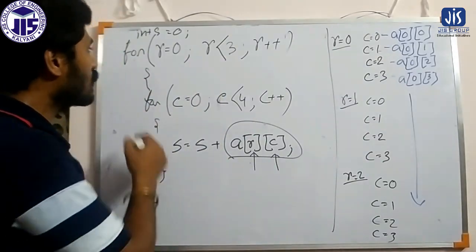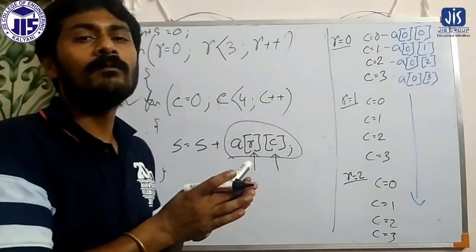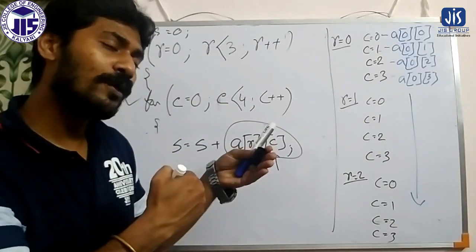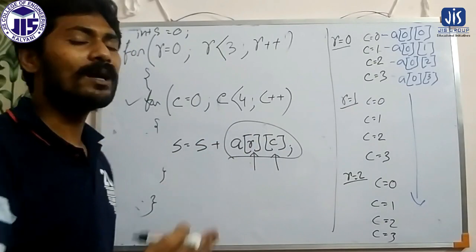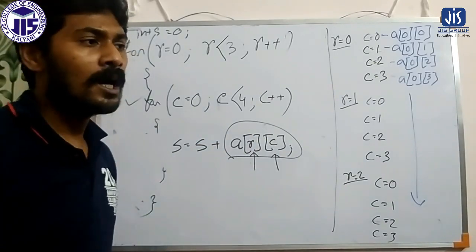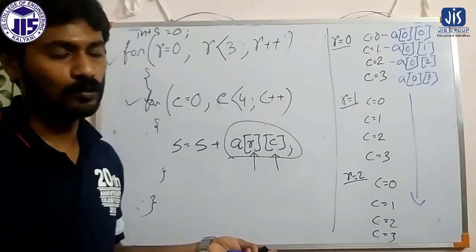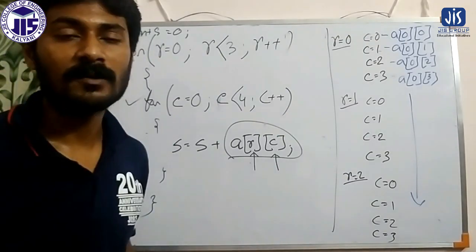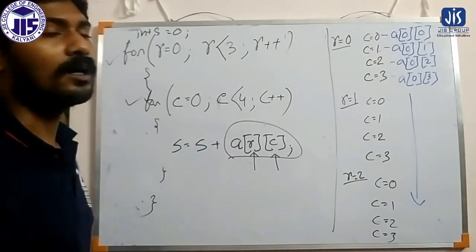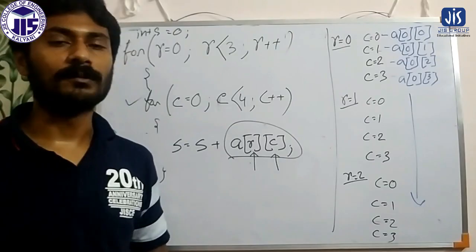And when we are performing the operation, a nested for loop is required, because here row and column both are changing. First row fixed, column changing, then row changing, again column changing, in that way. But in case of one dimensional array, it was not required, as row was fixed, 1. From row 1 we need not move to row 2. But here it is required. That's why 2 for loops are required, and which is nested. So that is all about the two-dimensional array we are using in C programming.